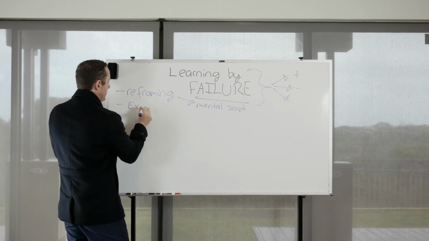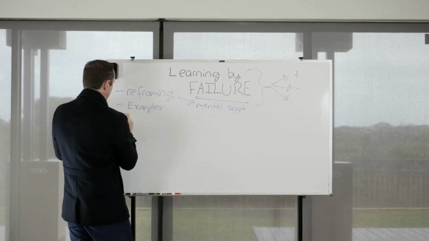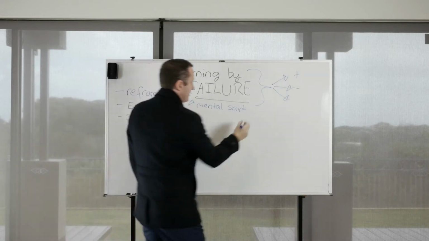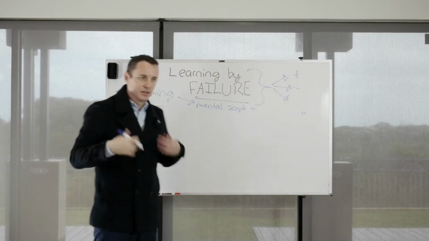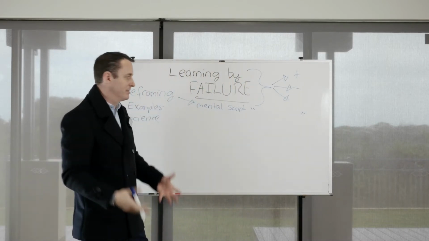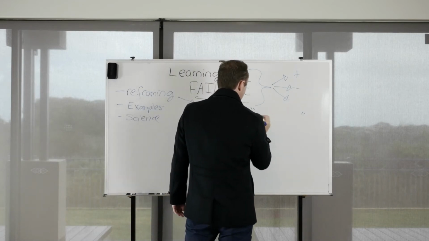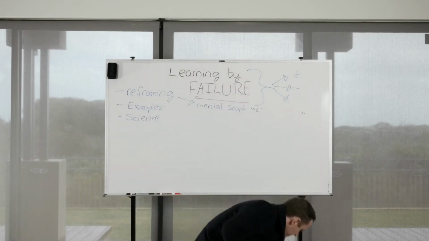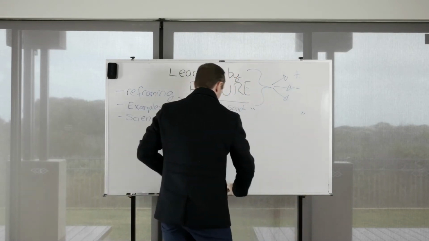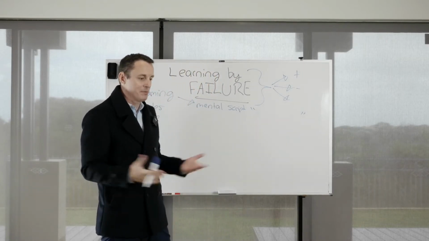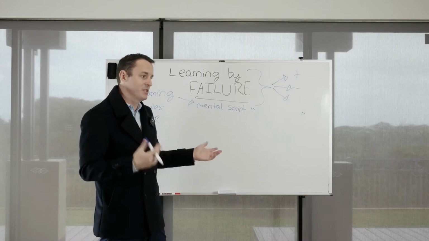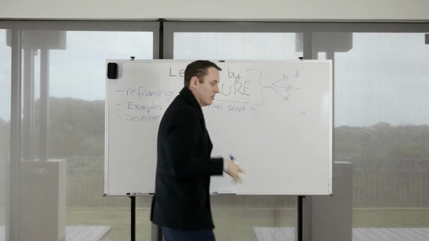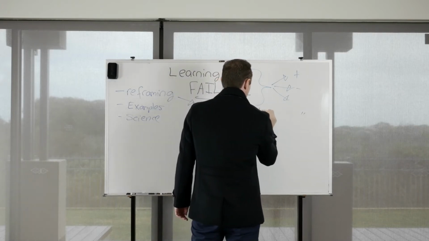So one way we do that is by using examples. And I'm just going to write a couple more up here. And by the mental script, sometimes you can literally give students an actual quote that they can run through in their mind and say to themselves. So, for example, a lot of students will get 65% in an exam or a test or whatever, and they'll be absolutely distraught. They'll think, oh, I got 35% wrong. Some students will see the positives, some will see the negatives. So if you can change the way they think about that, so they're constantly reminding themselves, they can say things like